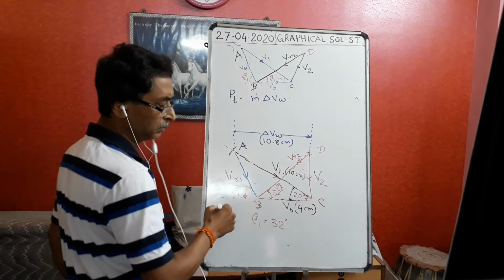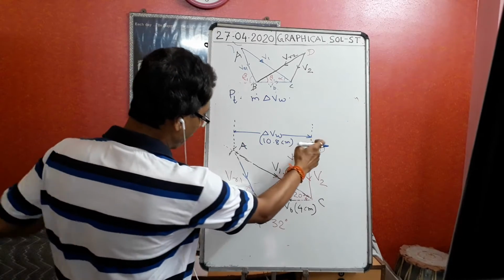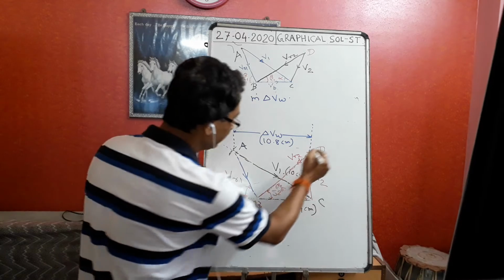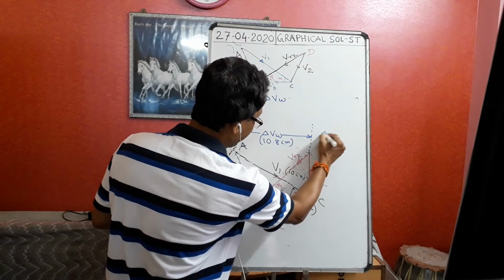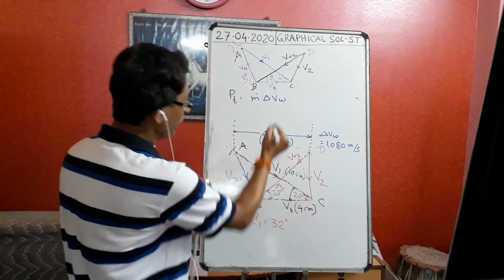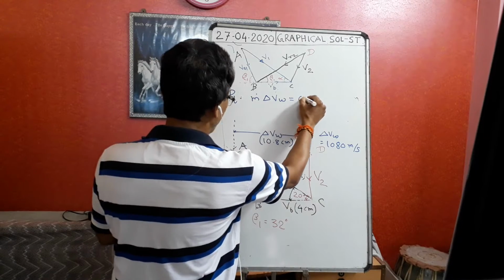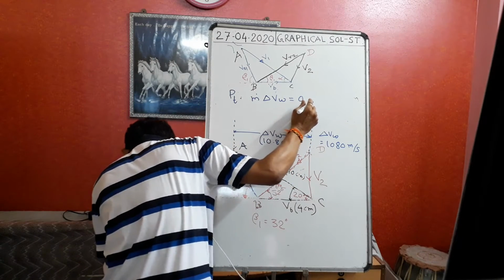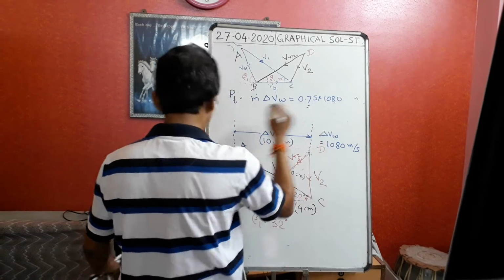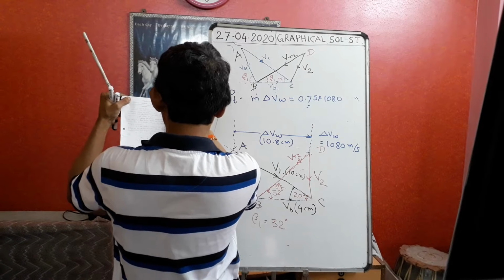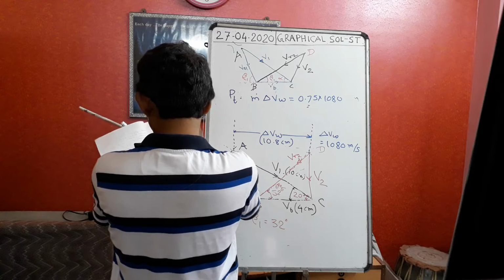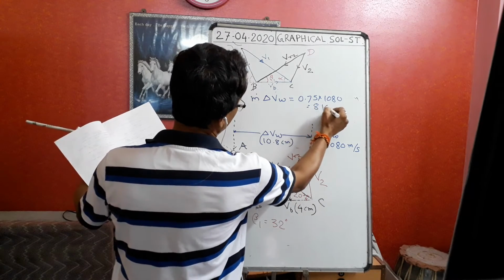It will come like this if you draw it exactly. So what is this distance? It is del VW. Then what is the actual del VW in meter per second? It is in centimeter, so the actual del VW will become 1080 meter per second. Then I will simply put it: m dot, how much was there? 0.75. So m dot was 0.75, and 0.75 into 1080 gives 810 Newton. Graphically, from the graphs, I will get it directly.